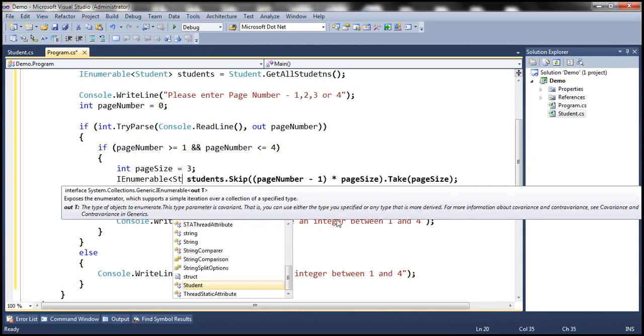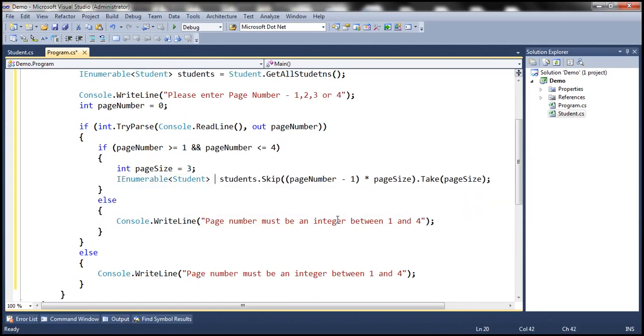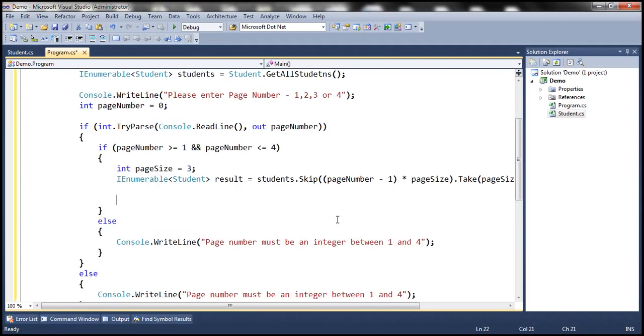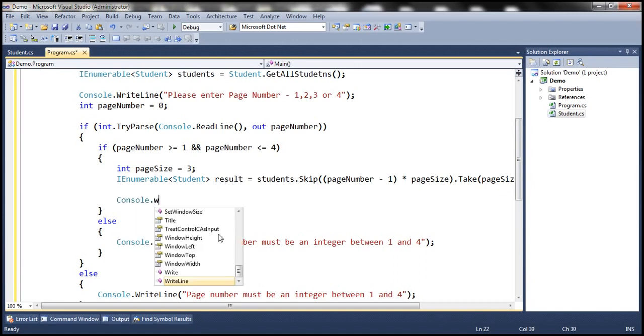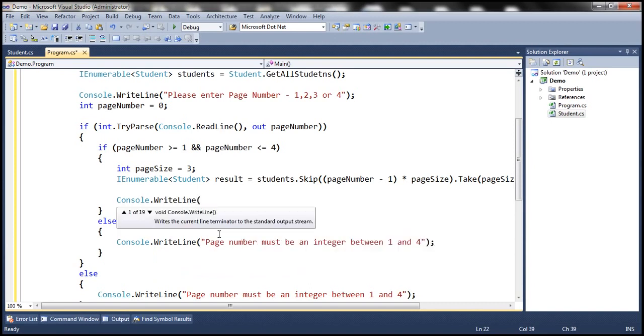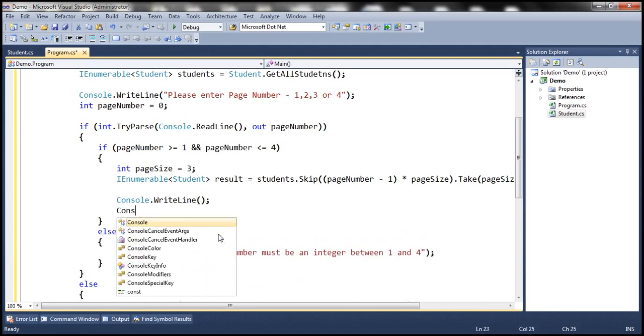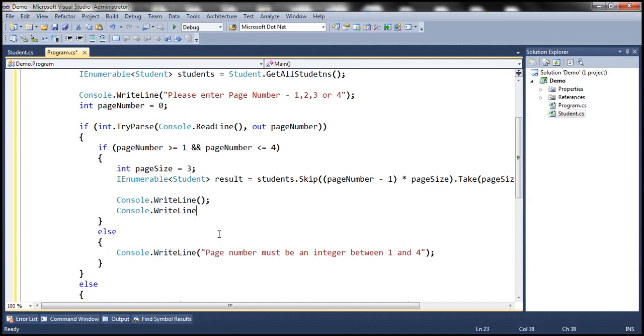So let's use a variable of that type and store the result in a variable called result. Now all that is left is to print whatever records or whatever objects we have in this result variable. So before that, let's actually print an empty line, and then we also want to print a message stating which page we are showing to the user currently. So let's say displaying page, whatever is the page number,